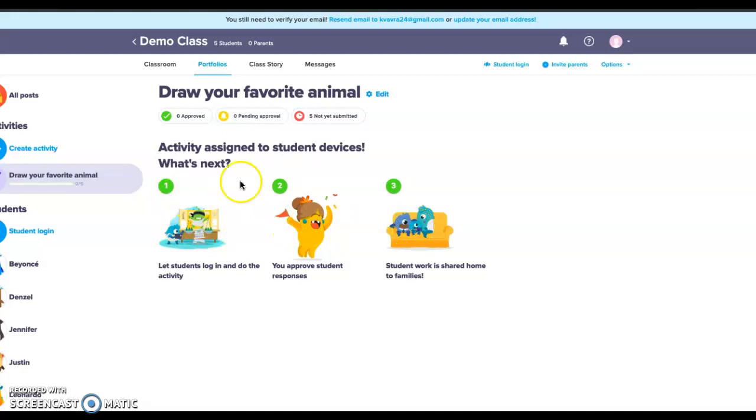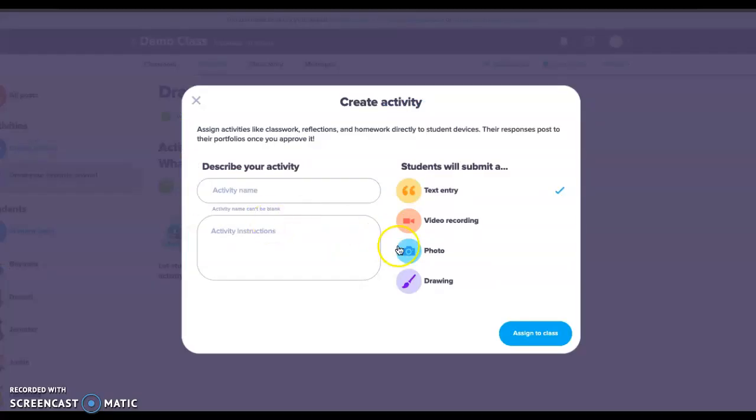Or we're just going to go ahead and click Create New Activity. You can describe the activity, have the name here in the instructions, and then on this side where my pointer is, students will be able to submit a text entry, a video recording, photos, drawing, anything you would like them to do. So we're going to click on here and we're going to write